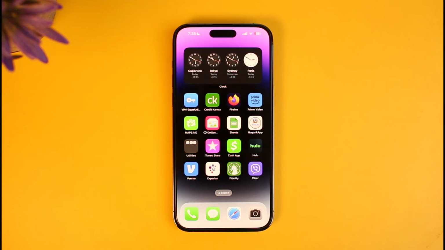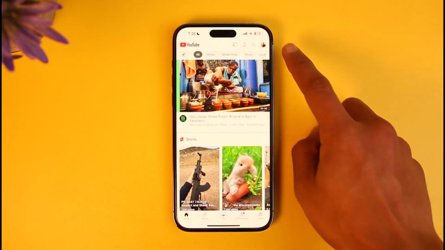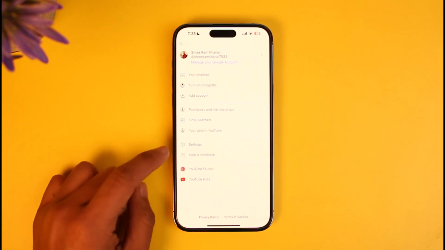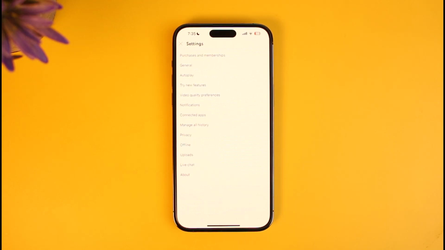In order to clear our search history on YouTube, all you have to do is go ahead and launch the YouTube application, then tap on the profile icon from the top right hand side of the screen, and then here you'll find the option called settings. Just go to settings, and once you go to settings, on the next page you'll be able to see